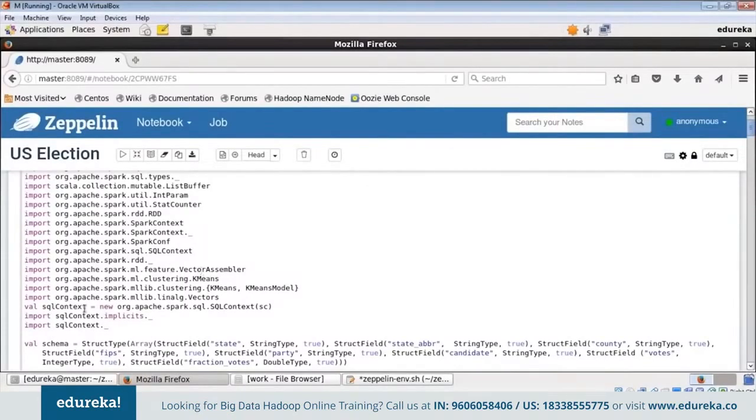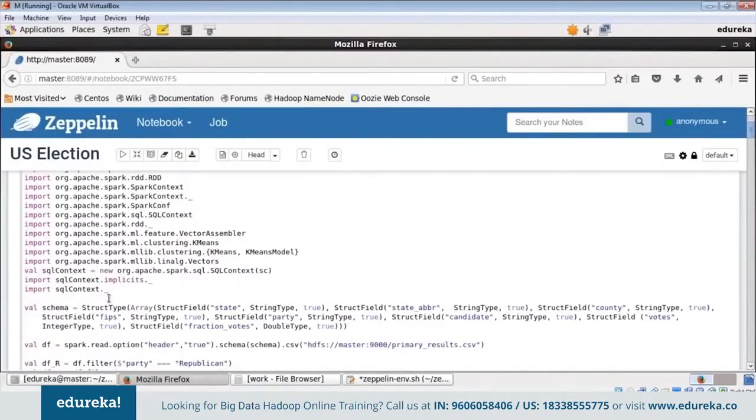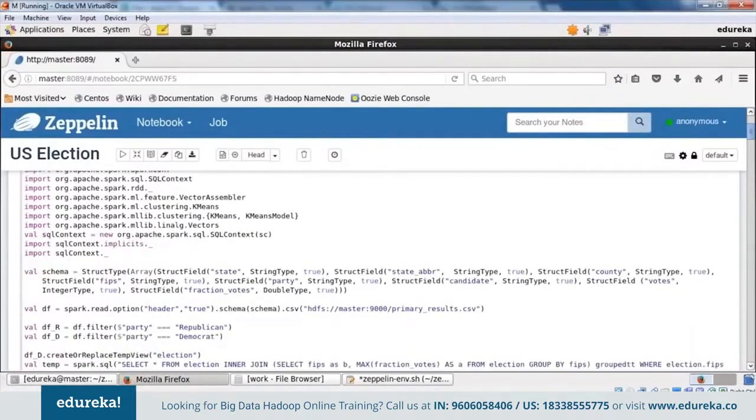Then the first thing that you need to do is start the SQL context. So I've started my Spark SQL context here, and the next thing that you need to do is define a schema, because when we want to dump our data, it should be in a particular format, and we have to tell Spark in which format it should be. So we're defining a schema here. Let me take you through the code. I'm storing the schema in a variable called schema, and we have to define the schema in a proper structure.